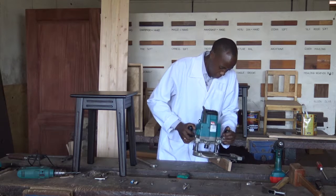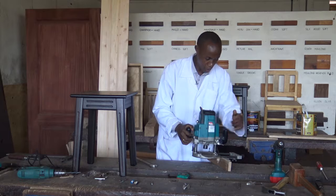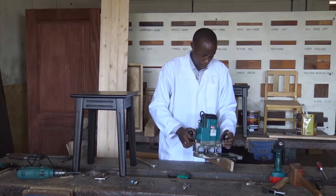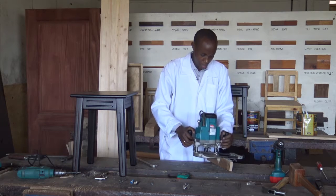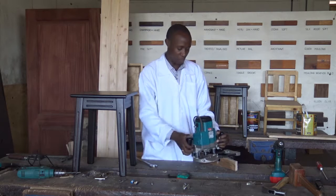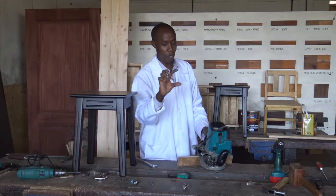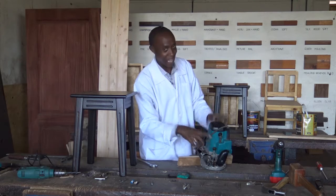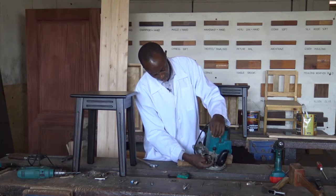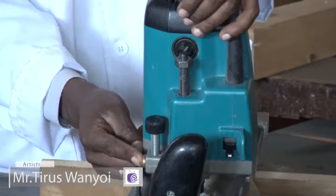I press a little bit, 10 millimeter, I hold it, I go all through, then another 10, I push down, I hold, another 10, I move 10 millimeters down the depth until I get to 60. Now, I'll adjust this one at 60, full depth, so that once I get there, I cannot go beyond there. So this one can open, as you can see, it has some threads on it. It can open, and also it has a